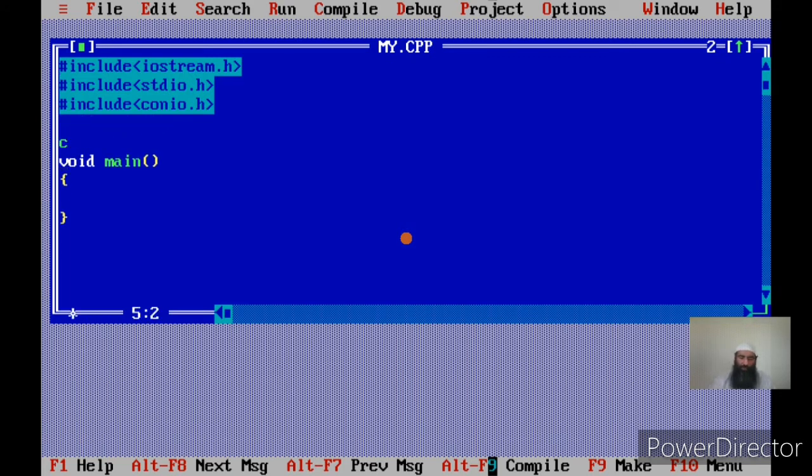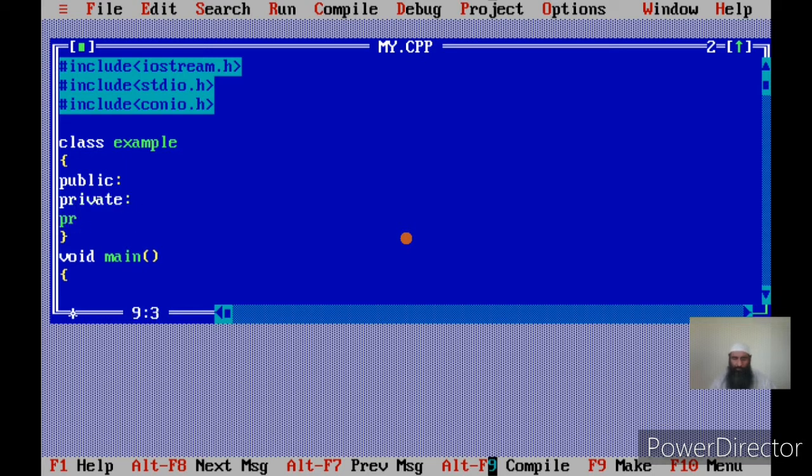I will create a class example. Now I will create members of the class. I will create public A. This is a public member.